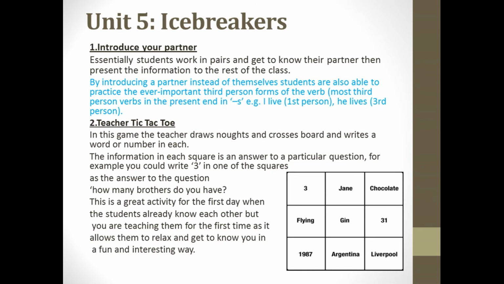It's like the XO game, but instead of putting noughts and crosses in the squares, they will put answers to some questions. For example, the number 3 in this square refers to a question like, how many brothers do you have? And this question refers to the teacher. So the teacher should fill all the squares with answers about herself. That will help the students at the beginning of the year, even if they already know each other very well, to know their teacher also and feel relaxed and interested. It looks interesting to them,